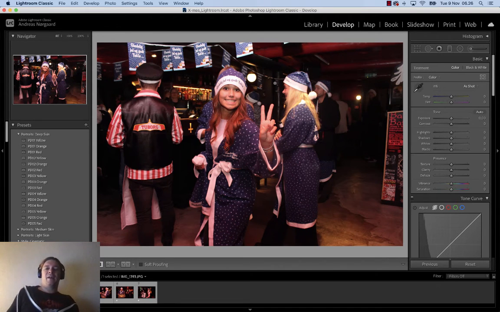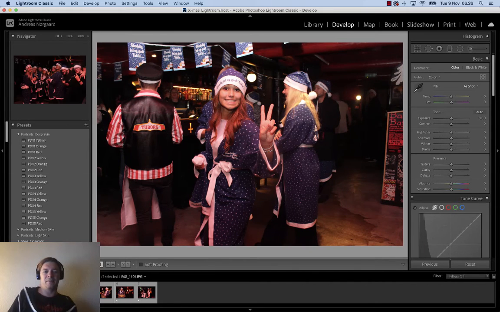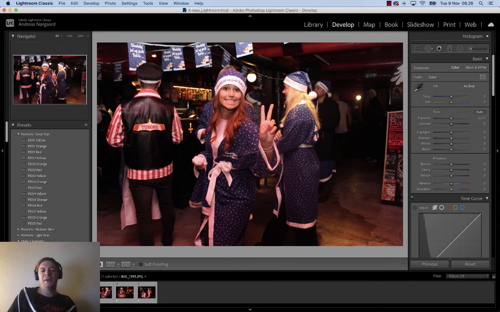Okay, so inside of the develop module, you'll still have the same panel on the left, which is the navigator, and down here at the bottom you'll have the pictures that you're viewing. There are some things that have changed though. There's presets, and on the right you have all the different types of edits you can do to the picture. Okay, so we call this the develop panel,